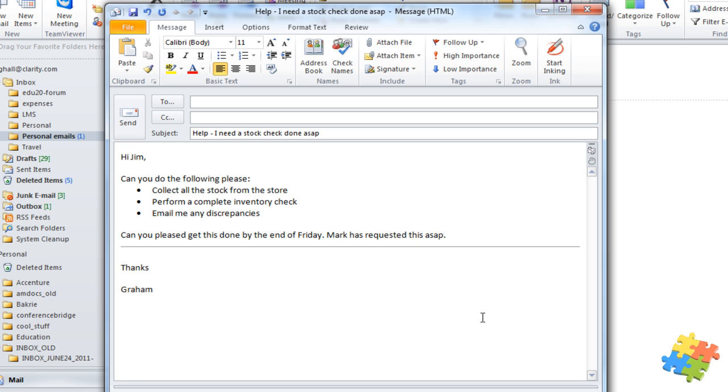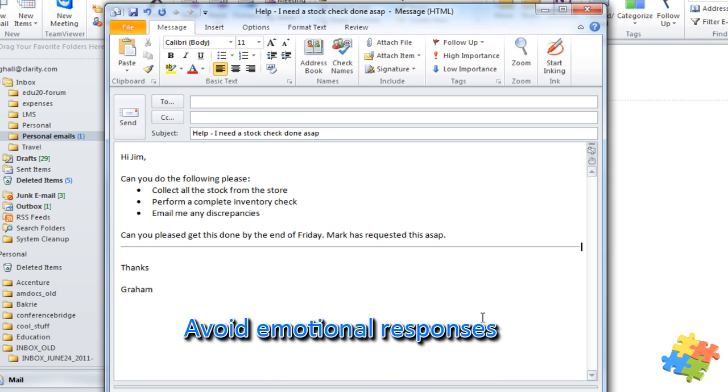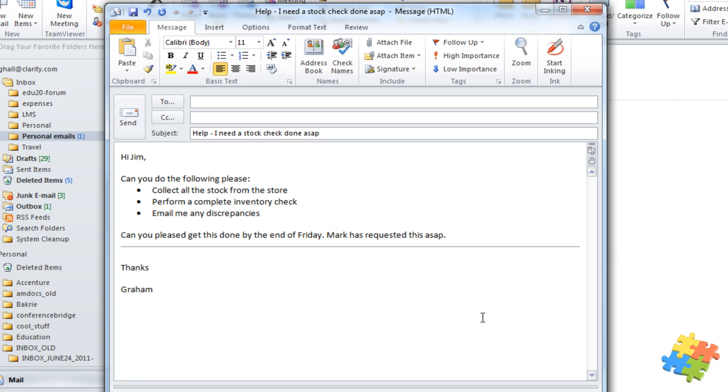The final tip that we're going to mention is avoid emotional responses. Have you ever received that email that makes you so angry that you click reply and then you send it straight away? If you feel that it might be an emotional response, remember again, you can't take that email back, and it can also land a lot of problems. Therefore, we'd suggest either saving it as a draft just by clicking close, and Outlook will save it, or there's another option. What you can do is, in your options,